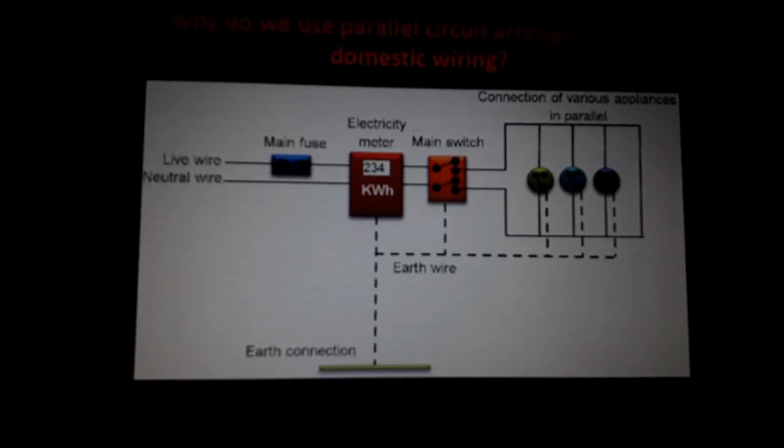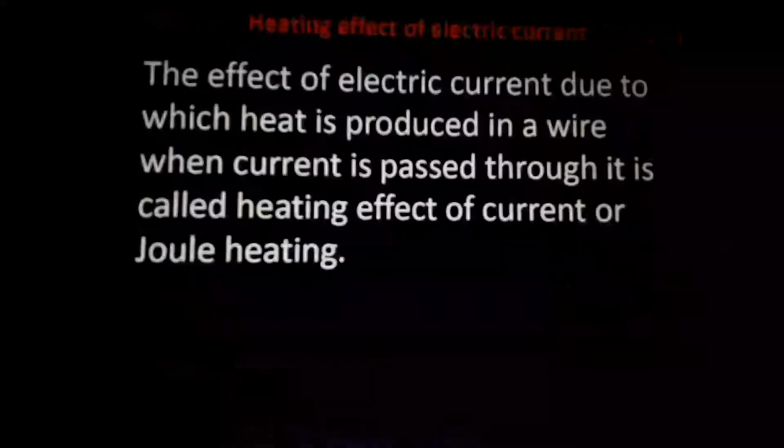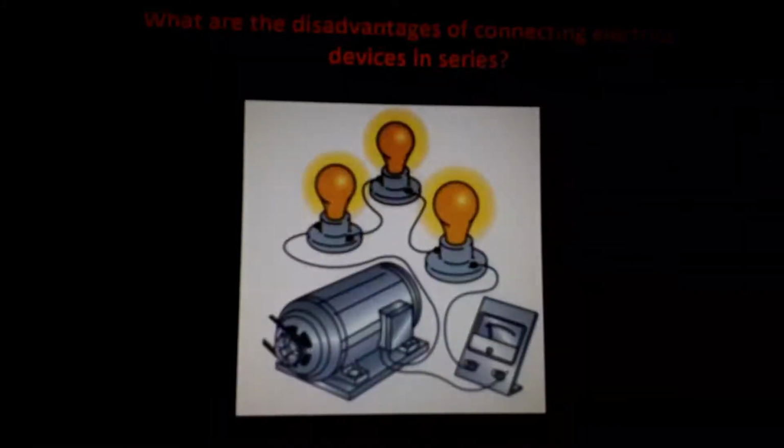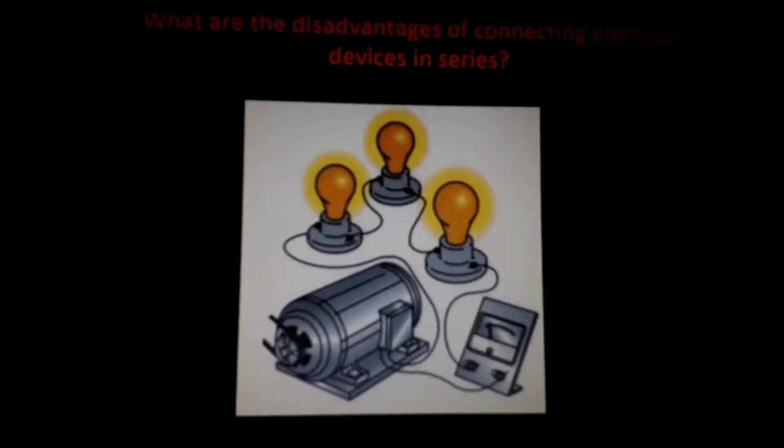The same thing happens in the case of an electric bulb. See, this is an electric bulb, an ordinary electric bulb. Have you seen a small coiled wire inside this bulb? In your home, you can find old bulbs, not LED bulbs, old incandescent bulbs. If you check, you can see small coils inside that bulb.